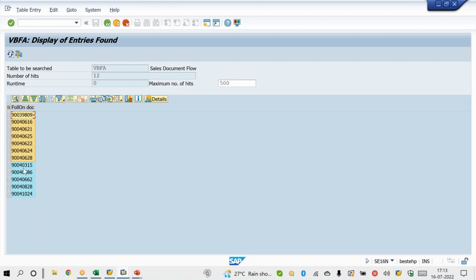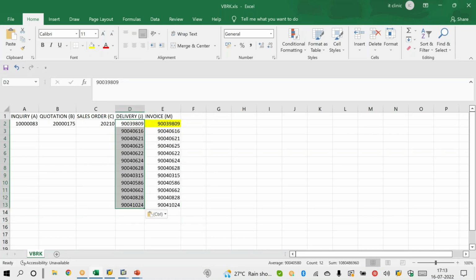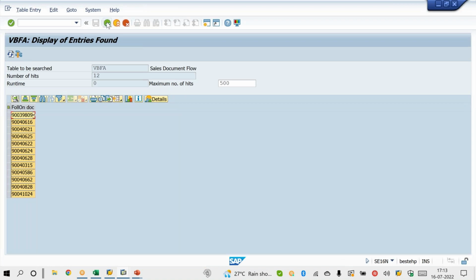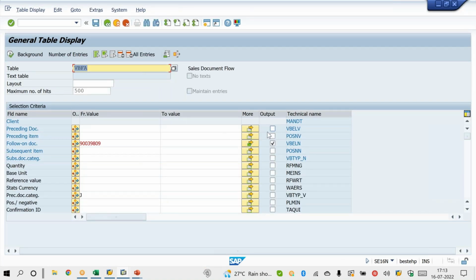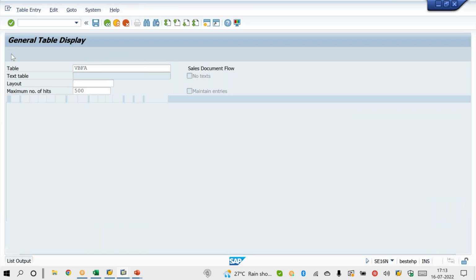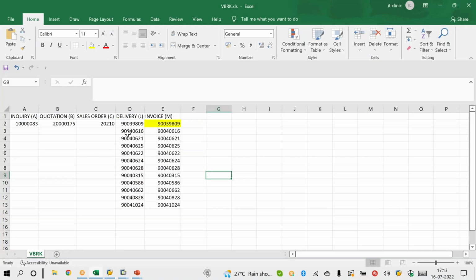Okay, so these are the delivery numbers. Sorry, I have not checked the preceding document field. So these are the delivery numbers. At a time I can get all delivery numbers. Same way, it will copy